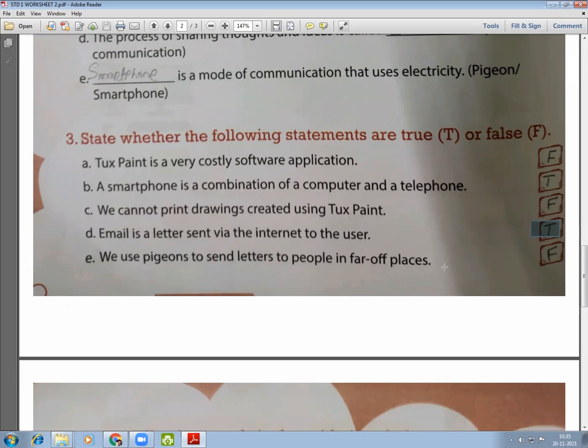Is it true? No, this is false. Nowadays, we are not using pigeons to send letters. In ancient days it may have happened, but now we are using other modes of communication like video calling software, smartphones, computers.